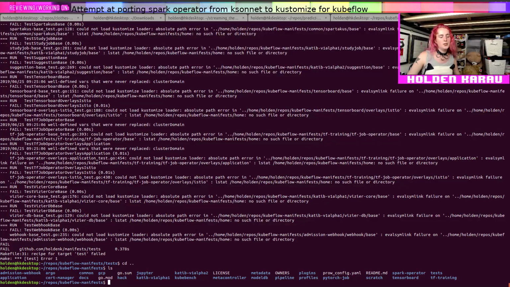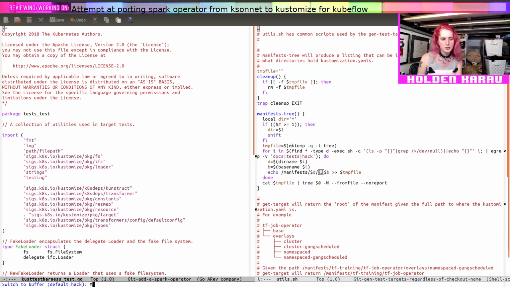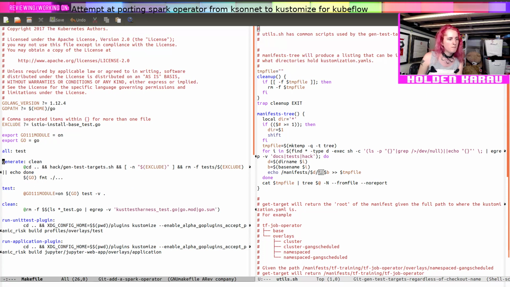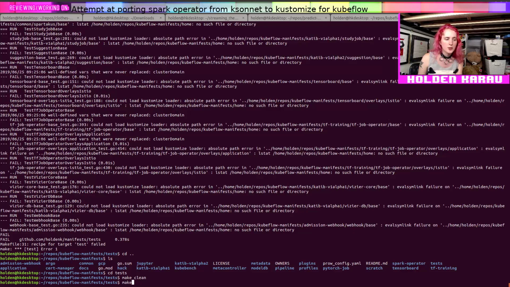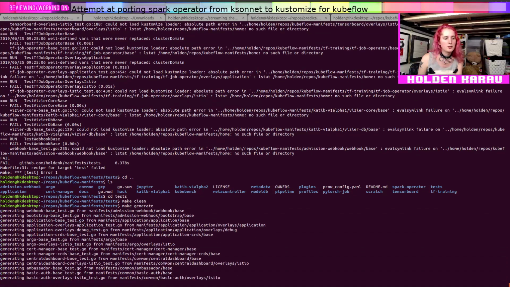Okay. I am going to change some things in the makefile, though. Oh, no, that's there. Okay, seems reasonable. So let's go into tests, make clean, make generate,